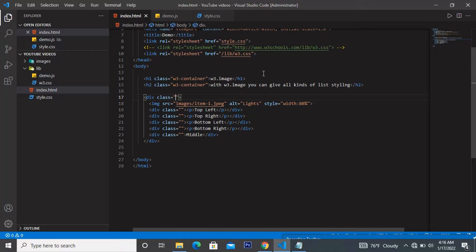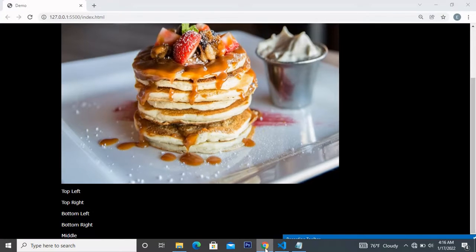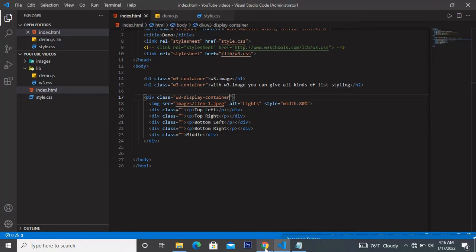So first of all, we now say W3 display, then you say container. So let's see how it goes. Still nothing yet to show,